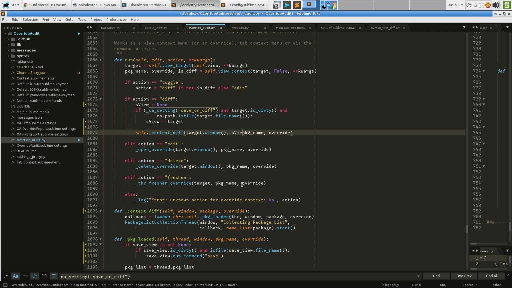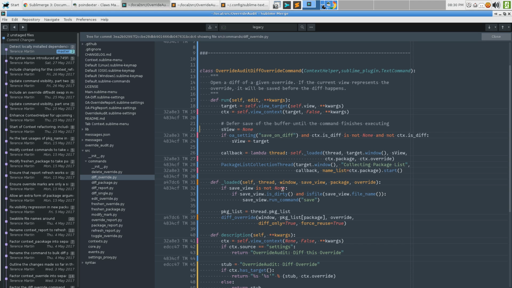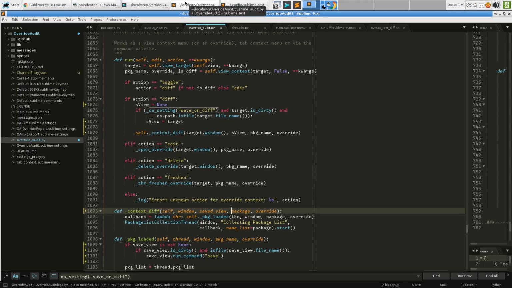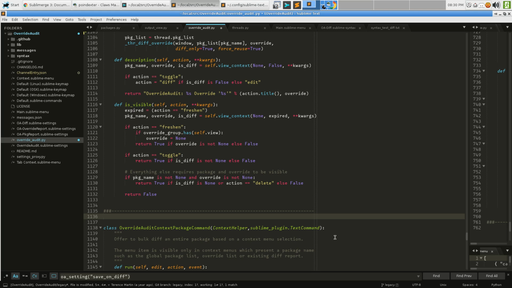Sview, oops. And that is context diff saved view. And then we just do, save view. Then we can do this part. We don't even have to worry about that stuff up there, actually. That test can happen here. So we can go ahead and,